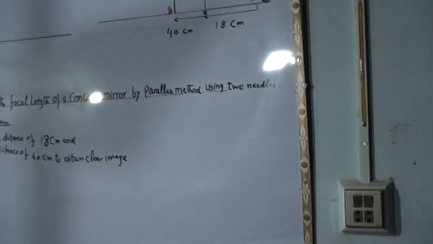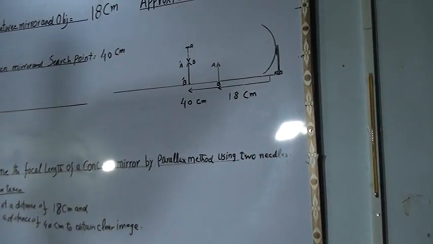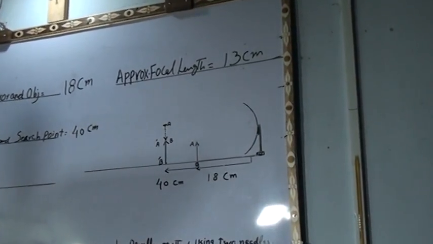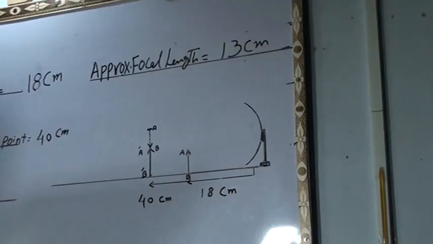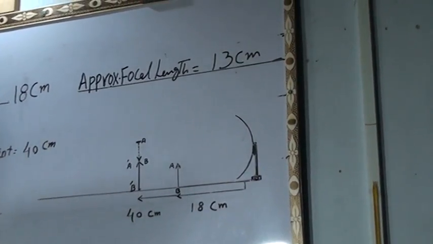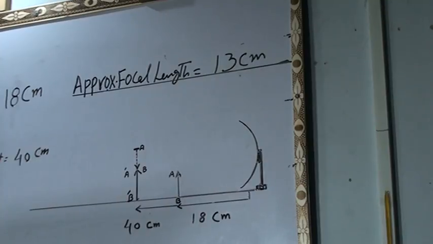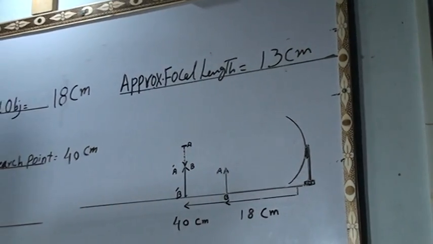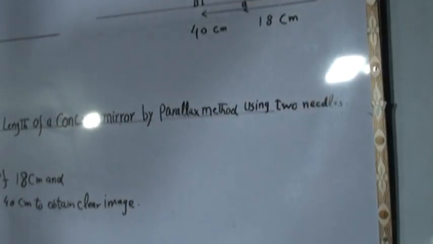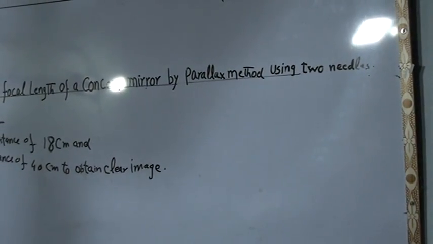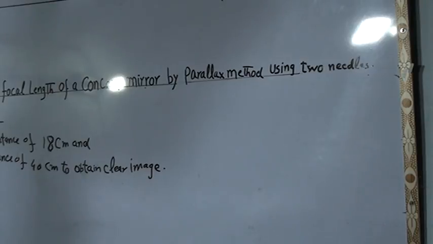You can see that the approximate focal length of the concave mirror is 13 centimeter. Okay, after the development of the approximate focal length,